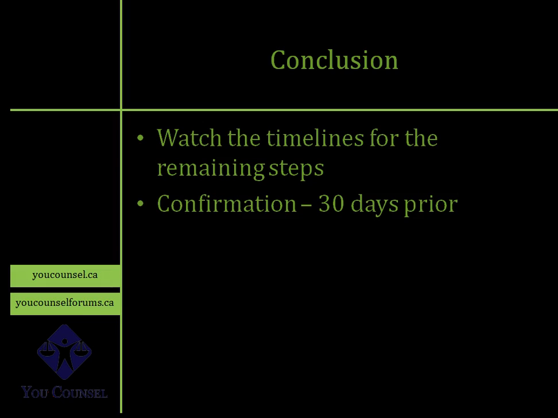So for instance, once your motion is booked, you attend C.P.C, the judge gives you a date. 30 days prior to that date, you want to confirm to C.P.C that you are still going to proceed with that motion. It is essential because if you don't, you may end up being in trouble and may end up even losing your date. So you want to be careful that 30 days prior to your actual motion, you confirm to C.P.C what's happening with your case, because a lot of times a lot of matters do get sorted out or get settled, and the court needs to know that.